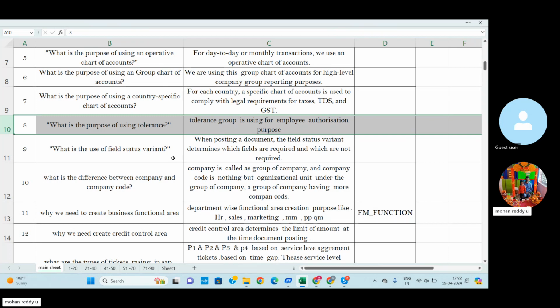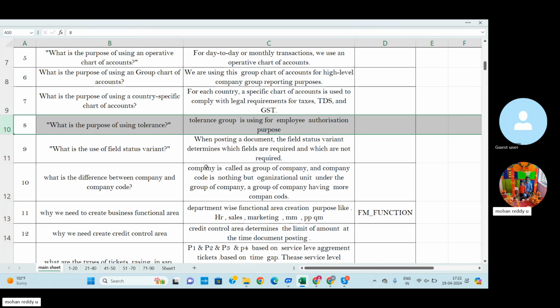For example, when we post an entry, before the entry posting in a particular related document, a number of options are displayed. For example, we can post a transaction for rent paid. In this rent paid transaction, a number of options are available on that screen.